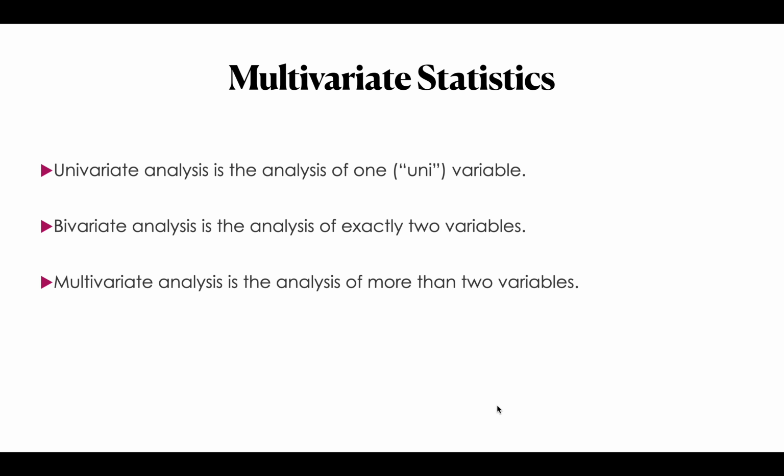Now the next one is multivariate analysis. If you refer to some books, they also refer to bivariate analysis as multivariate analysis, because the actual definition of multivariate analysis is the statistics that involve more than one variable. So bivariate is also sort of multivariate statistics. There is nothing to get too confused about, but as far as our domain is concerned, we will mostly deal with univariate as well as bivariate. We are not going to study much about multivariate analysis.